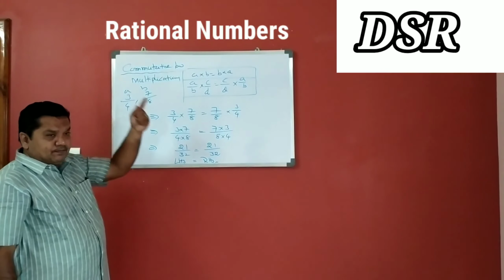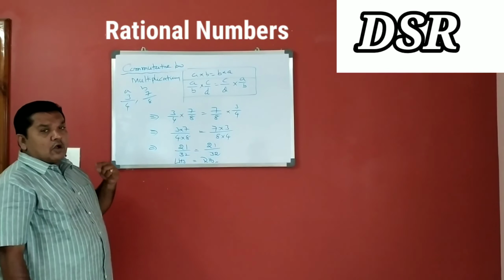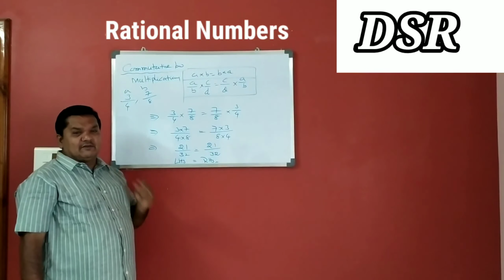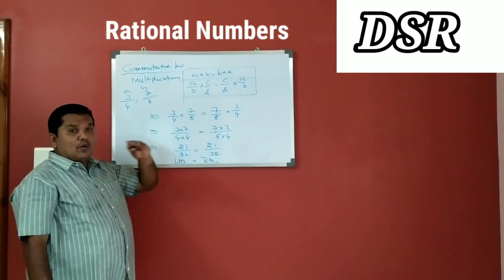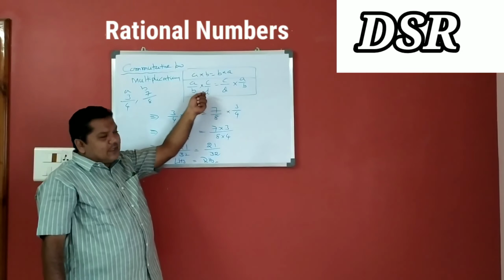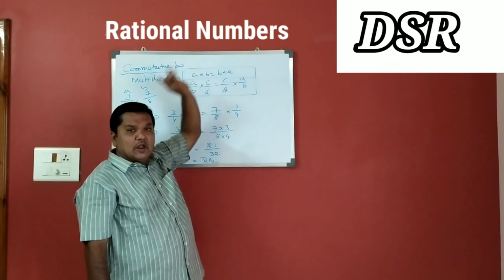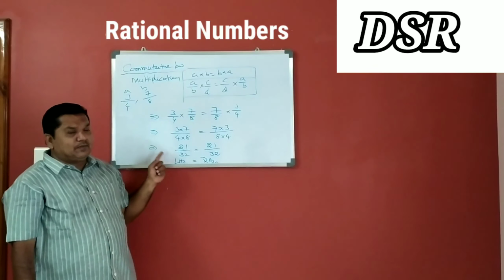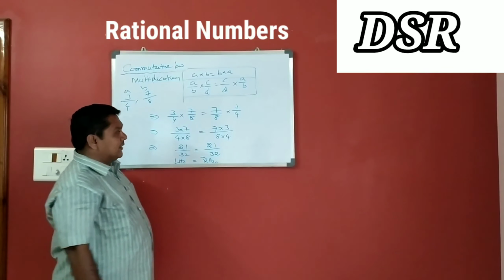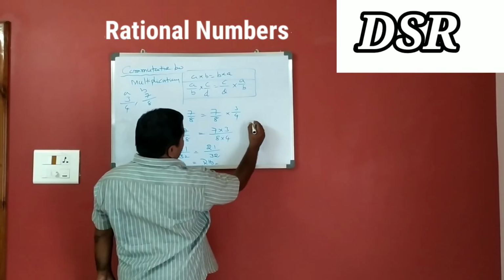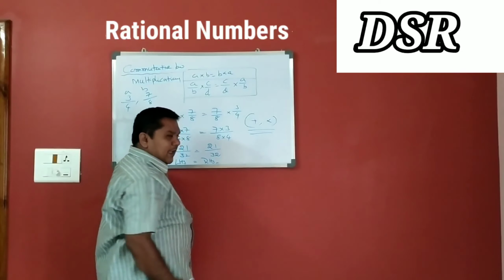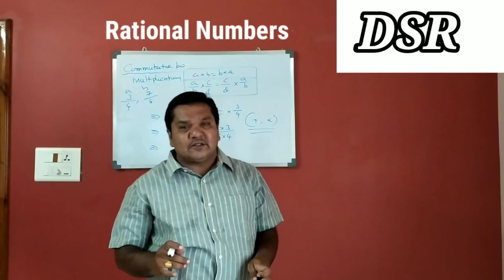In the previous one, for the commutative property under addition, we got LHS equal to RHS. But here, for the commutative property under multiplication, A by B into C by D is also a rational number, a general number. So for multiplication also, we are getting LHS equal to RHS. That's why the commutative property is satisfied under addition and under multiplication. In these two cases, the commutative property is satisfied.